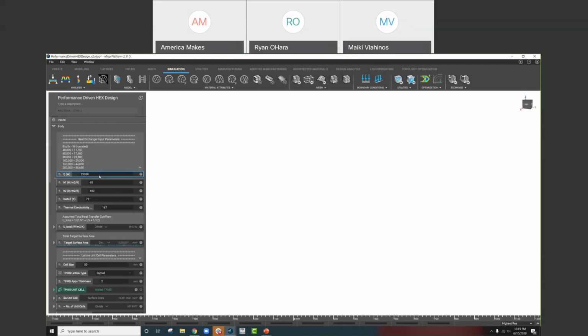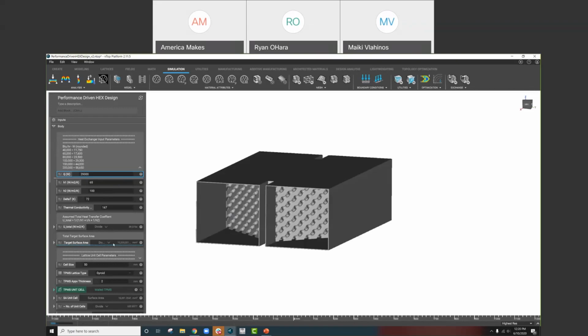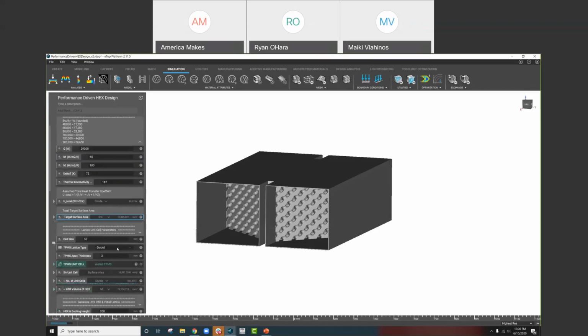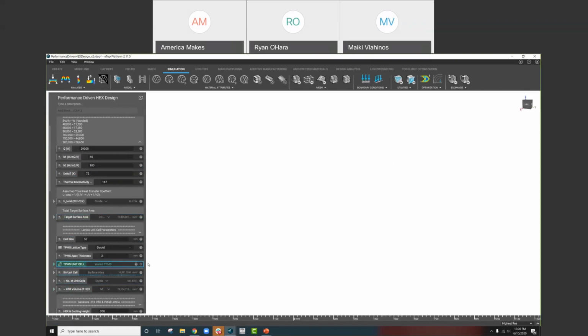And while that's rendering, the way it's done is we have these heat exchanger input parameters, and from that we ask, what target surface area do we need to hit to meet those performance requirements? This is my target surface area, based on the unit cell size of a TPMS structure, or in this case, just one gyroid. How much surface area do we have in this gyroid? Then we do a back calculation to figure out how many of